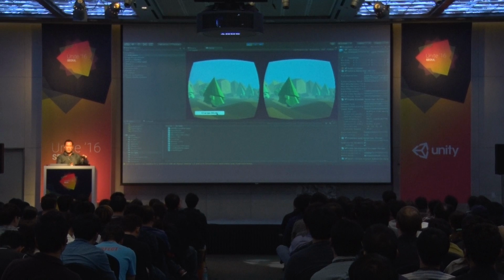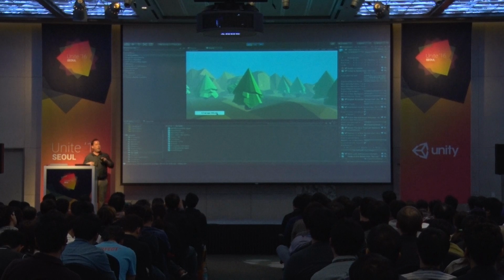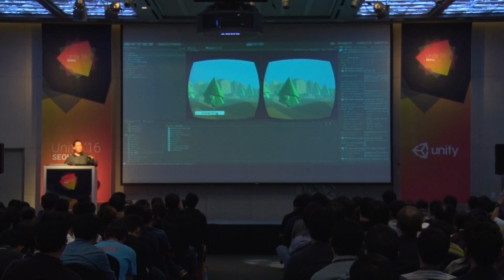Now the significant thing about the change mode here is you'll notice we started off in stereo, but by selecting this, I can easily transition it into a mono view, meaning that this is what you would use on a handheld device. So you can go back and forth. It handles all of the camera setup, all of the stereo rendering setup, and it's all done automatically, so you don't need to do it yourself.